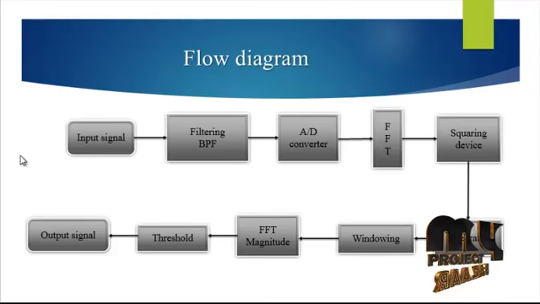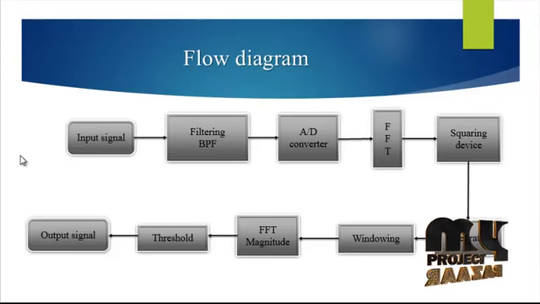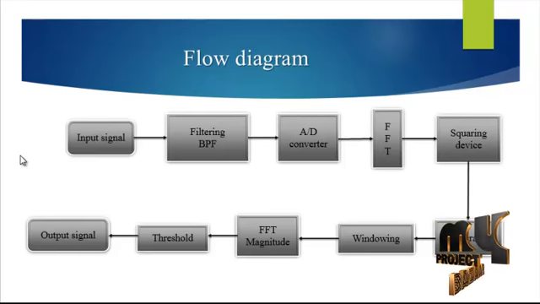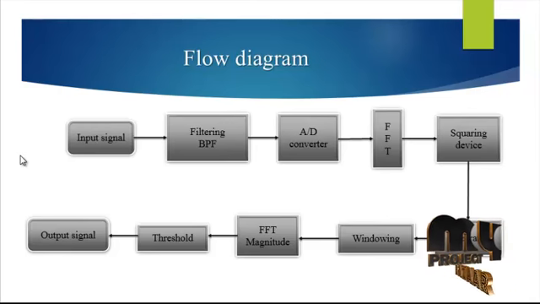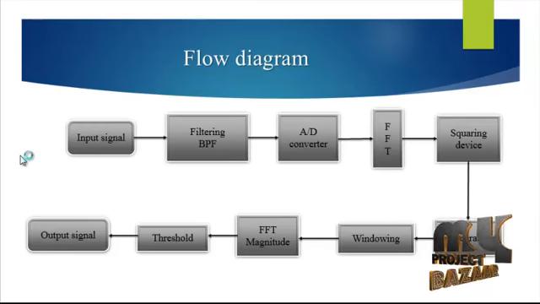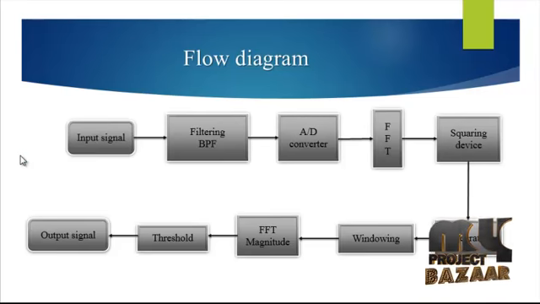In the Fourier transform, the equivalent is calculated by squaring, so the FFT values are squared, and then finally we get the integrator value, taking the squared values and integrating them, and also going for the windowing. In this process, windowing, we use a Hamming window. There are different types of windowing, Hann and Hamming windows. Here we use the Hamming window process with the integrated value, and then the FFT magnitude.